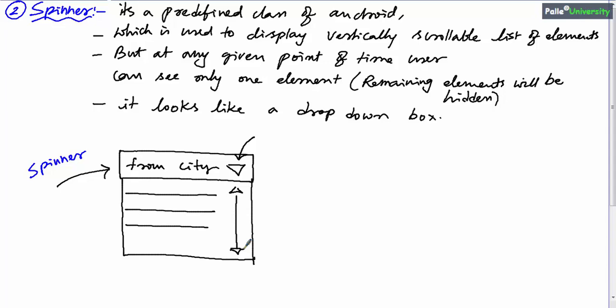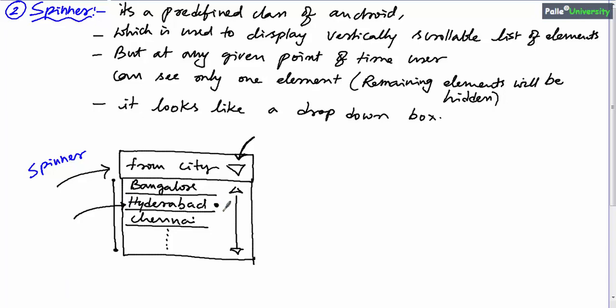Just like list view will come with a default scroll bar when the elements go beyond the physical device range. So let us say there are some cities here, for example, Bangalore, Hyderabad, Chennai, and so on. Now, when the user clicks this drop down box, spinner will automatically expand this box, where the user can select only one item at any given point of time. For example, let us say the user has tapped on Hyderabad.